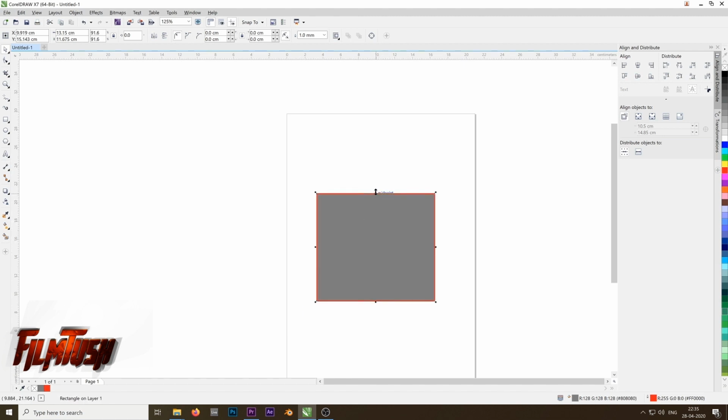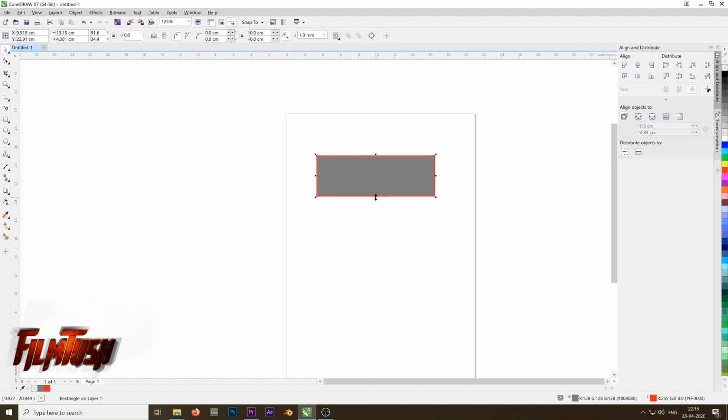And also if you want to break the proportion of the object, just hover any midpoint of this object, and when the cursor changes to both side arrow like this, and then just click and drag your mouse on the canvas, and you can break the proportion and you can make it a rectangle or whatever you want. Just keep practicing, and when you're comfortable with the pick tool, let's go to the next tool.